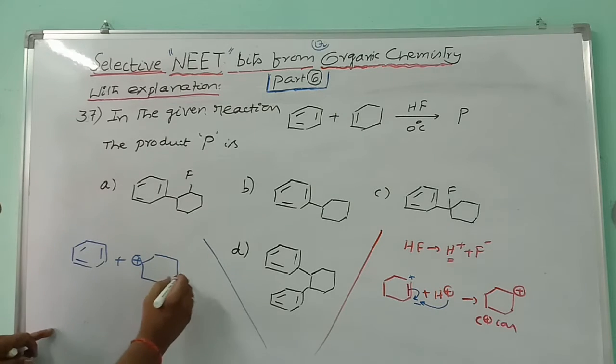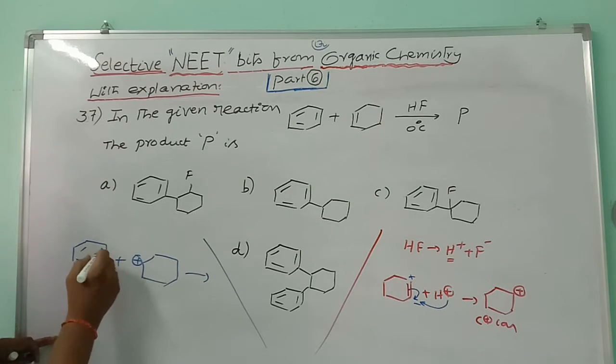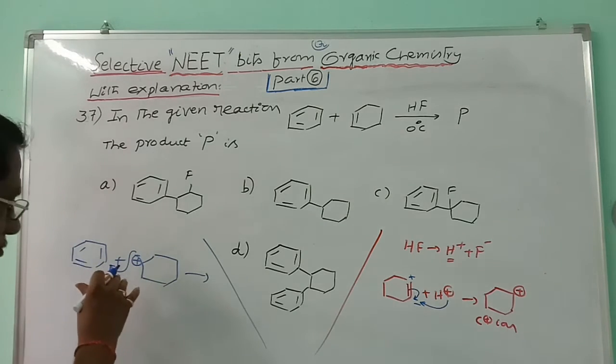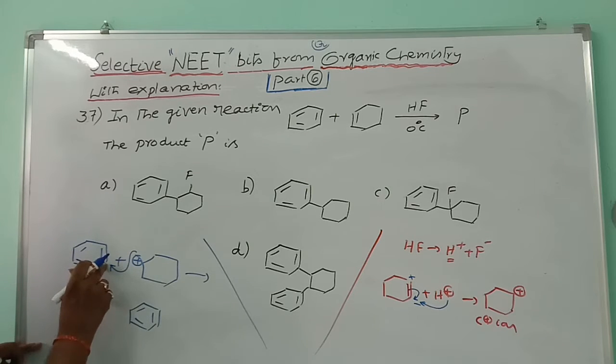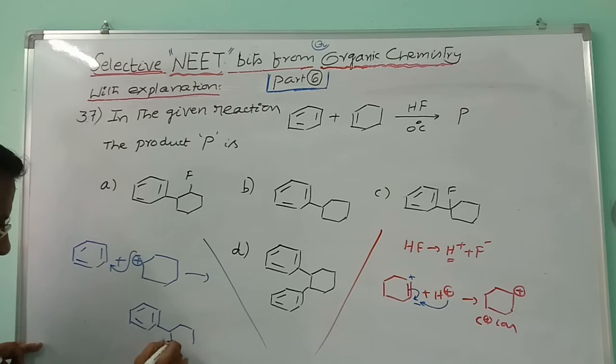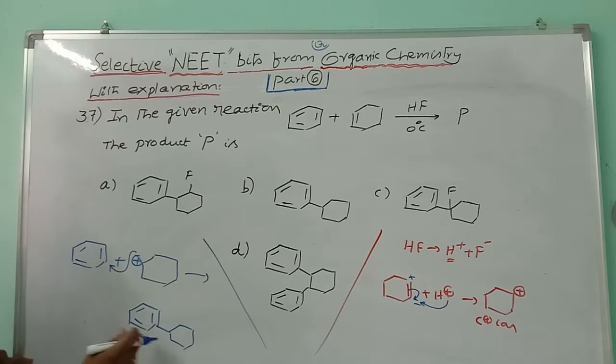Electrophilic attack will be taking place here on the benzene ring. You can take any one position here. Suppose let us take this attack, and this H plus will be released and you will get the product. Of course, you need not write the mechanism here because there is no sufficient time to write all the mechanism. So this carbon will be attacking this, from this H plus will be released and so you will get this product. This is electrophilic substitution.